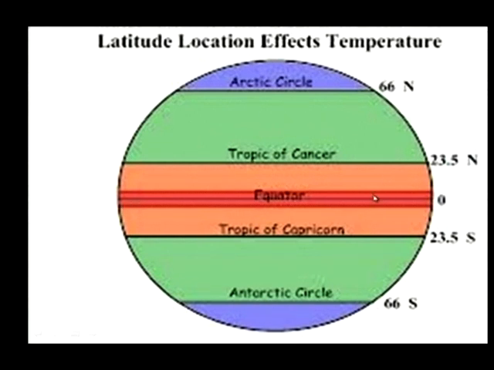Friends, in the southern hemisphere also, the area which is between 23.5 degrees southern latitude and 66.5 degrees southern latitude is called the temperate zone. Here these regions can receive moderate temperature. And finally,